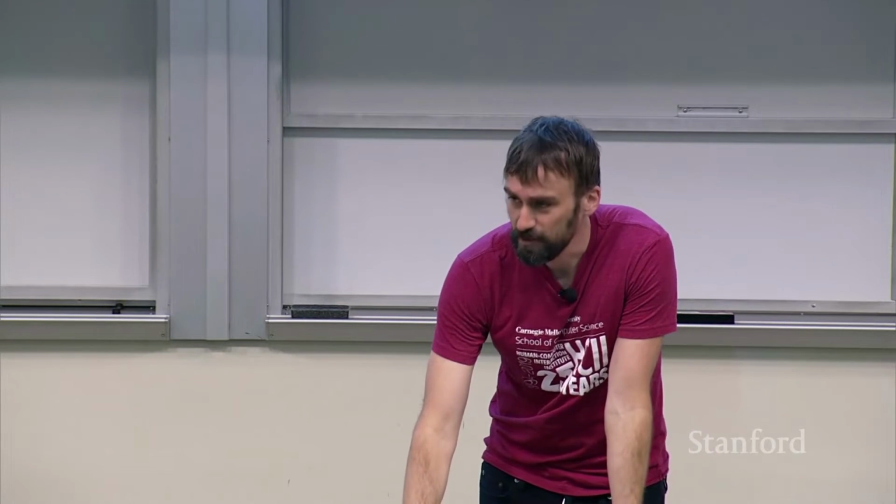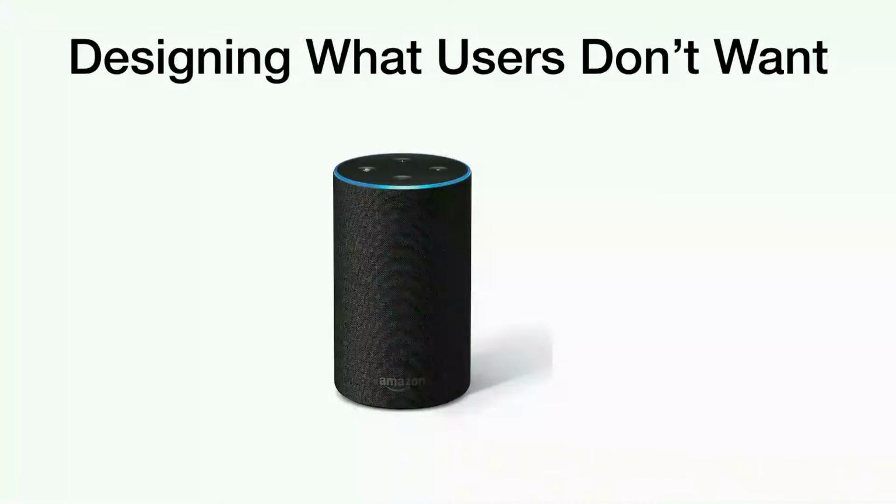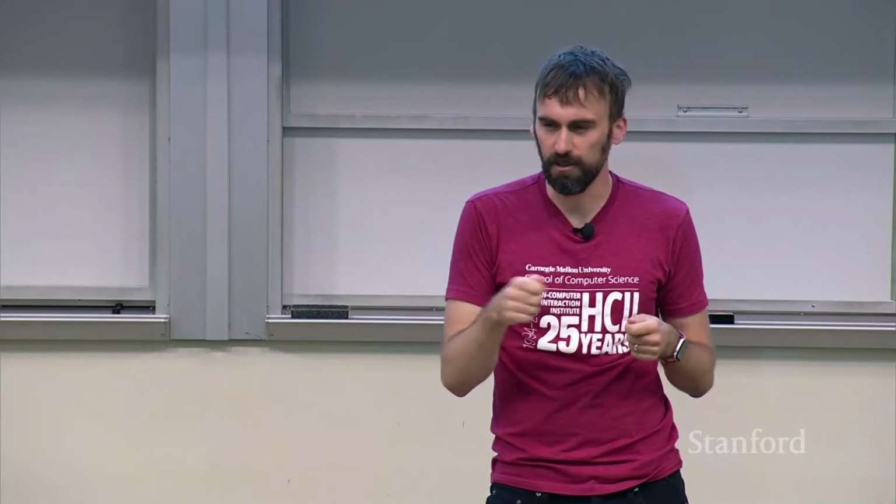Another thing that I think is interesting in bringing up these points in accessibility is that sometimes we're in this related, awkward position of designing what users don't want, which is really anathema to HCI. And so here's a quick story of where this came up for me. A few years ago, we recognized there are all of these speech-controlled devices coming out, both the platforms like Alexa and Google Now and Siri, but also, at the time especially, it wasn't quite consolidated, and so there were just all these random things you could get that were speech-controlled. Like we found light bulbs and appliances, like your microwave would have its own speech recognition chip on it.